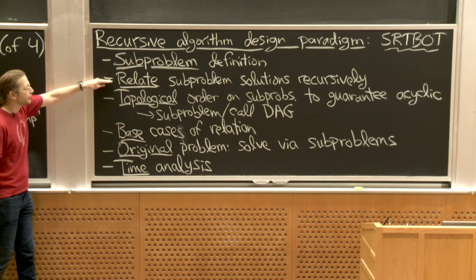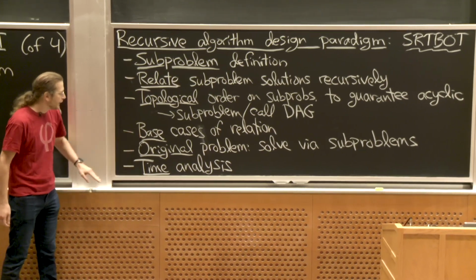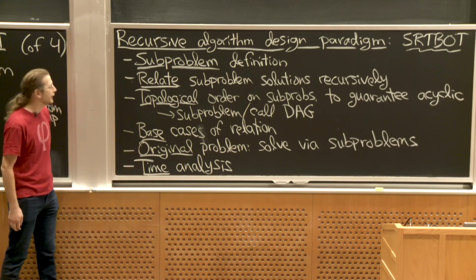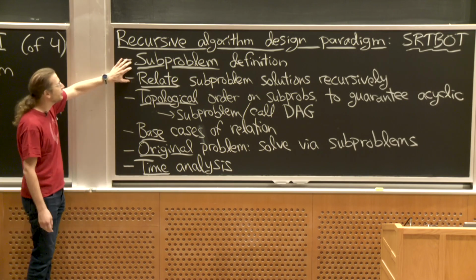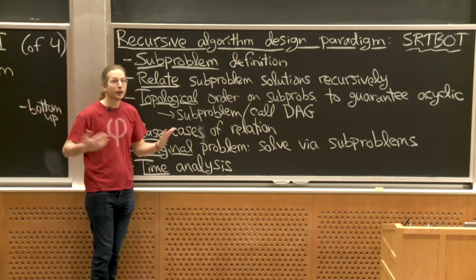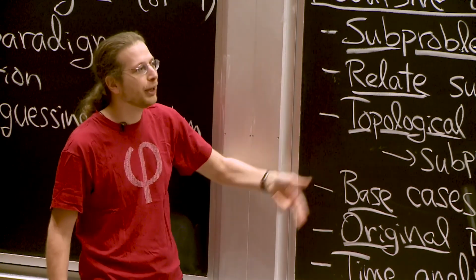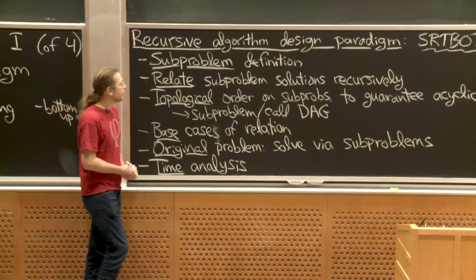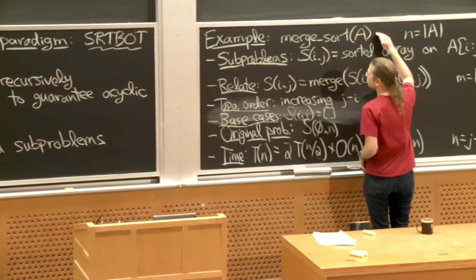Then, of course, any recursive structure needs base cases, so that's a useful step not to forget. We want to solve the original problem using these subproblems, and then we analyze our running time at the end. So 6 easy steps. Actually, the hardest ones are these 2, which are interrelated. And what we're going to see over the next 4 lectures, this is the first of 4 lectures on dynamic programming, is lots of examples of applying this paradigm over and over together with the memoization idea, which we'll get to soon. Let's see an example first of an algorithm we've already seen, which is merge sort, so a divide